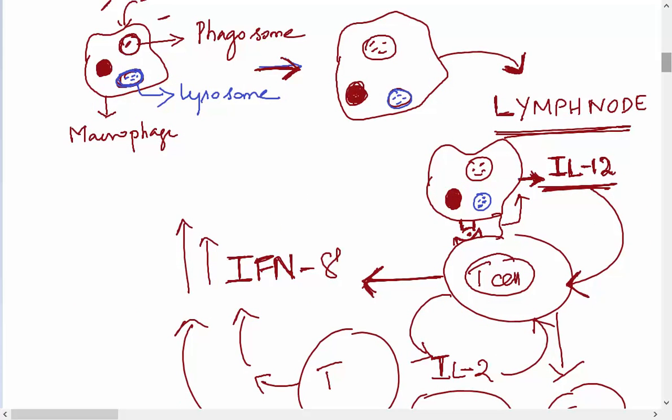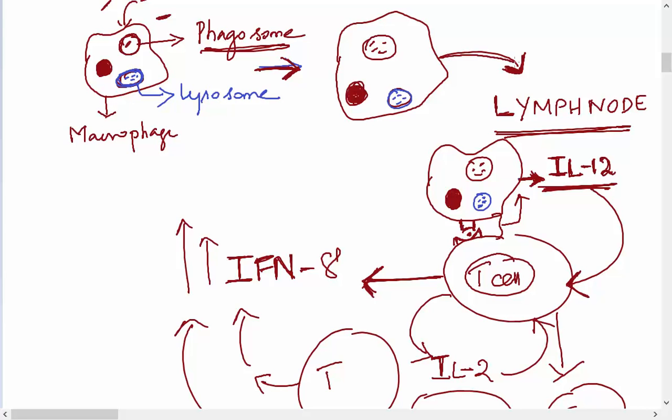See, once again I'm telling, the mycobacterium entered and the macrophage takes it and phagocytoses it, and this is called a phagosome. Usually if it is other bacteria, they will fuse with the lysosome and kill them. So that's how they manage the bacteria entering the lung. But mycobacterium, once it enters, is a very clever bacteria, it will stop the fusing into the lysosome. There is a block in the fusion of the phagosome with the lysosomes, and the bacteria grows inside the phagosome and